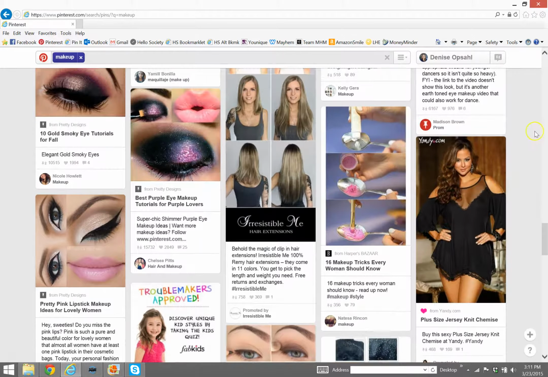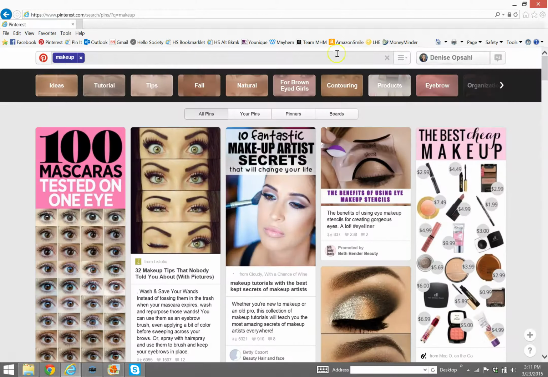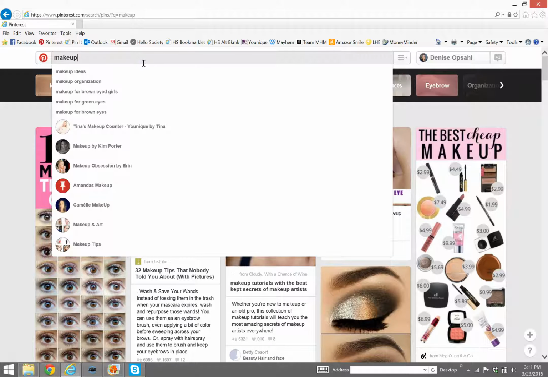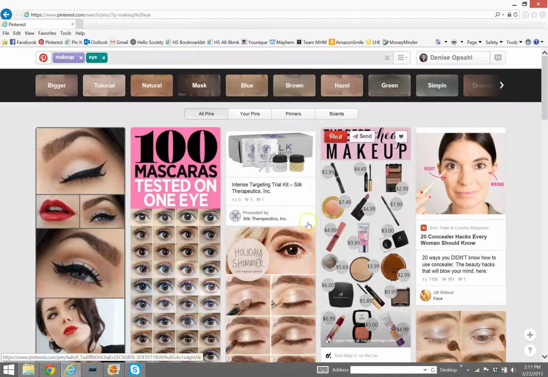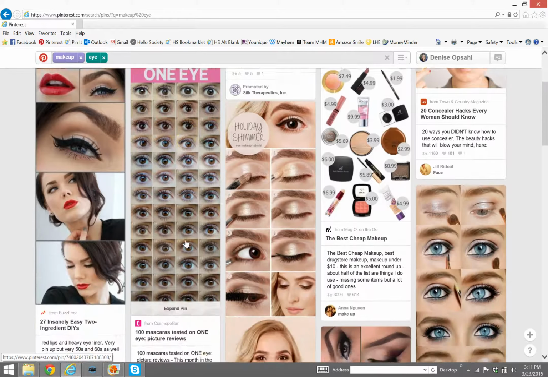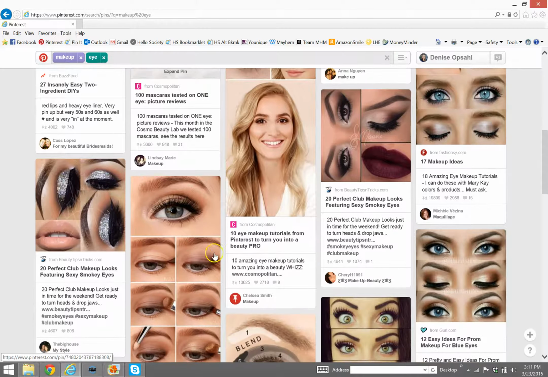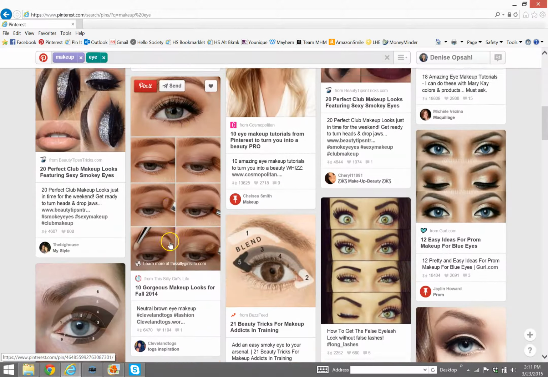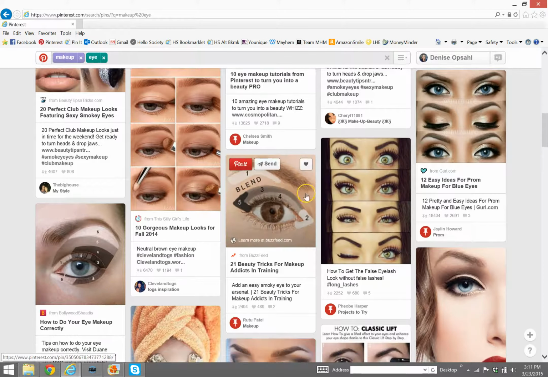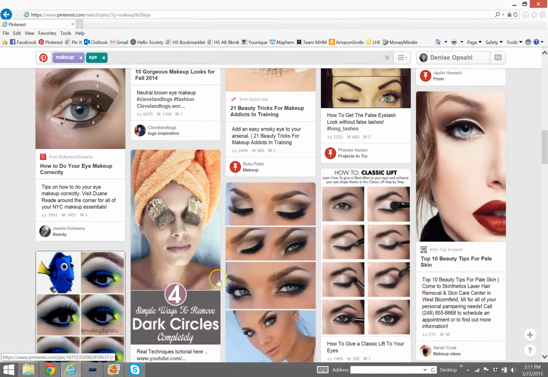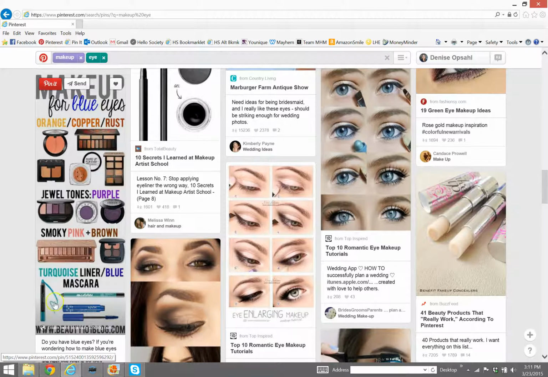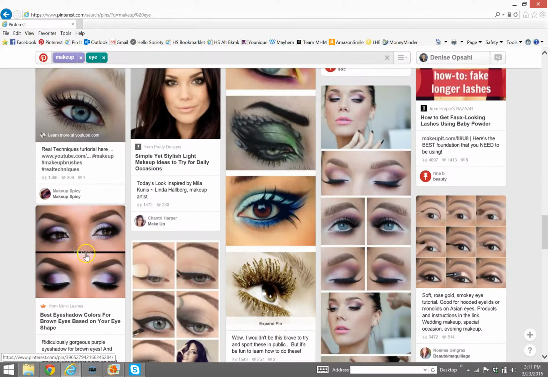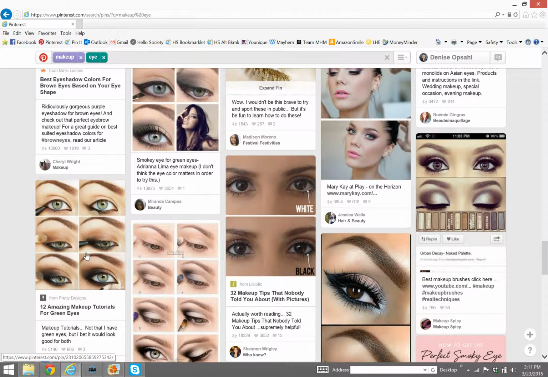So that's just makeup. Now say I want to narrow it down to eye makeup. So then I'm going to type in eye, and it's going to separate the two terms. And so it's going to give me all sorts of eye makeup. 10 eye makeup tutorials. All these different eye makeups showing you how to do your eyeshadow, how to get rid of dark circles, blue eyes, all these great things that you could be using in,